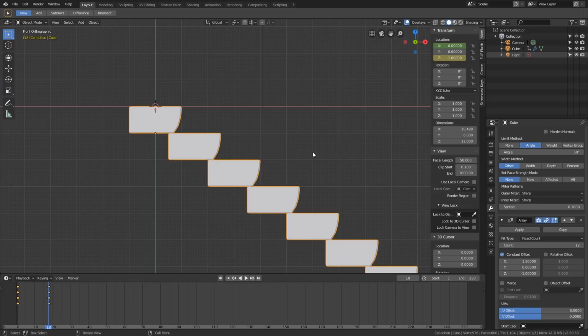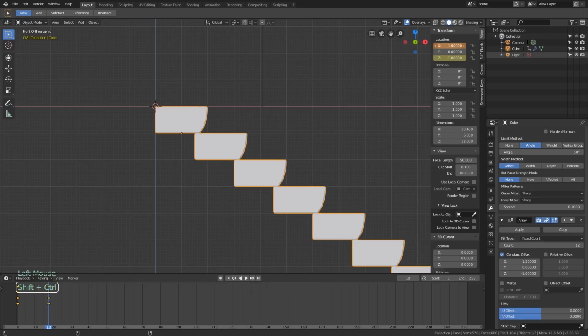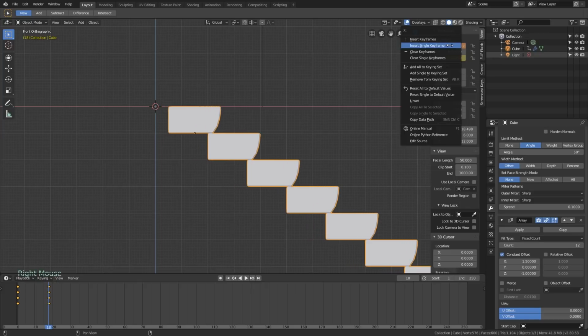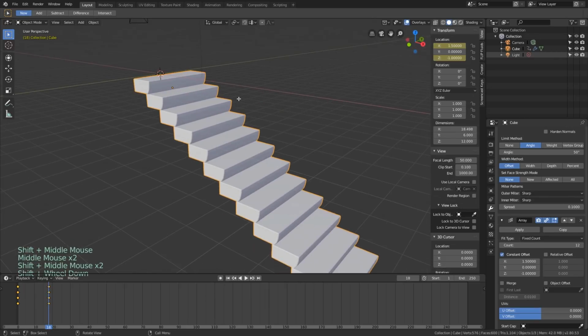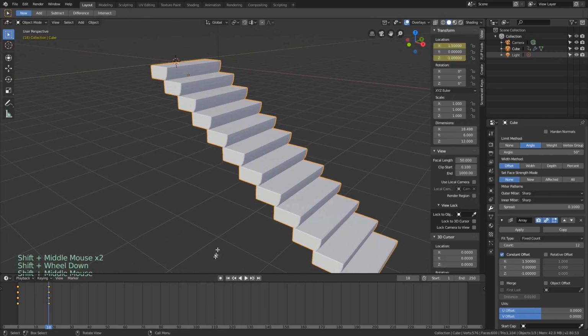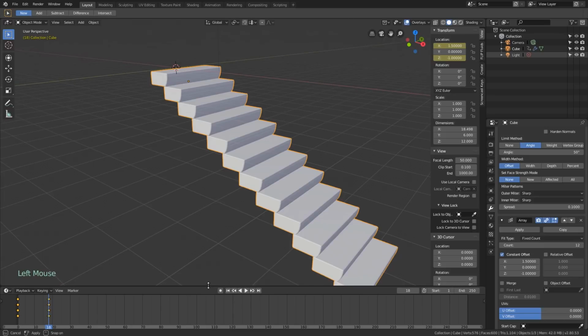This is another reason why having the constrained values is good, because we're basically just doing what the array is, so we know what those values are. Like I said, that needs to go over 1.5. So let's insert a single keyframe on that same 18th frame. Okay, so now let's drag this down just a little bit.